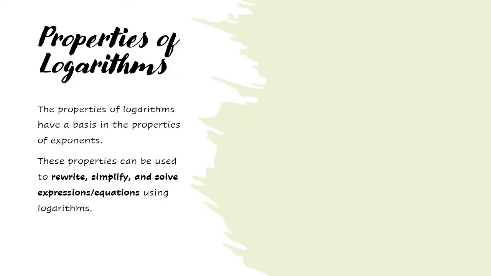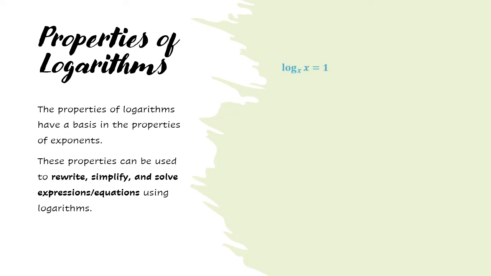What we're going to be looking at are basically four properties of logarithms, and they have a basis in our properties of exponents. So I'm going to be drawing parallels between what we learned back in, I believe, chapter 5, and how it relates to our logarithms. And like I said earlier, these properties are going to be used to help us rewrite or simplify expressions and certainly solve equations when we're working with logs. Okay, so our first one